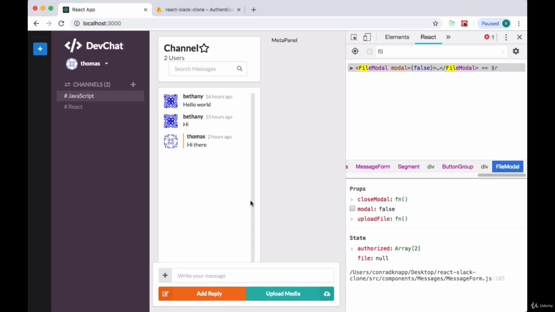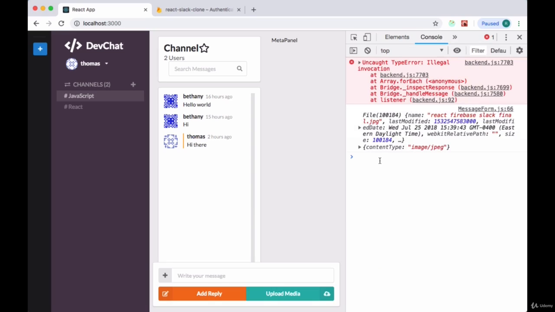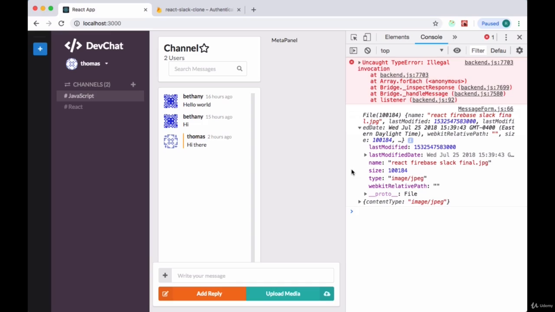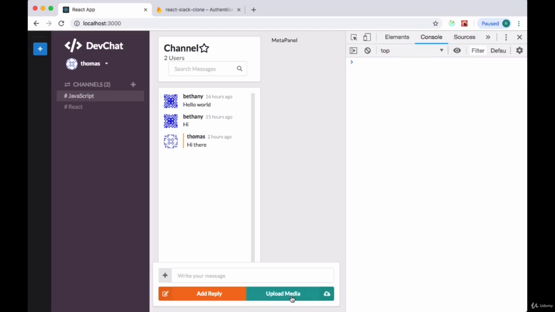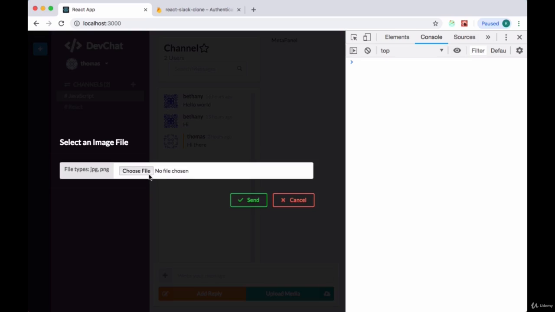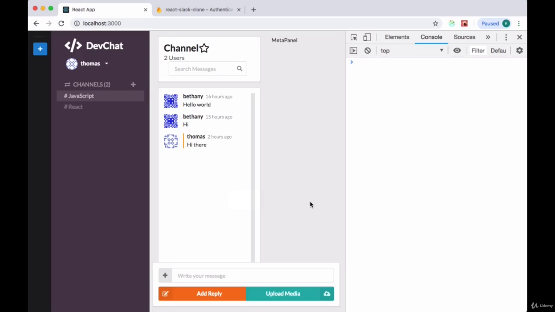And if we click on send, the modal property is set to false, the modal is removed, and we see in our console both the file that we uploaded and all of its data. It's being logged from our uploadFile function as well as the metadata object. If we try clicking the send button without any image file selected, we see we don't get anything logged to